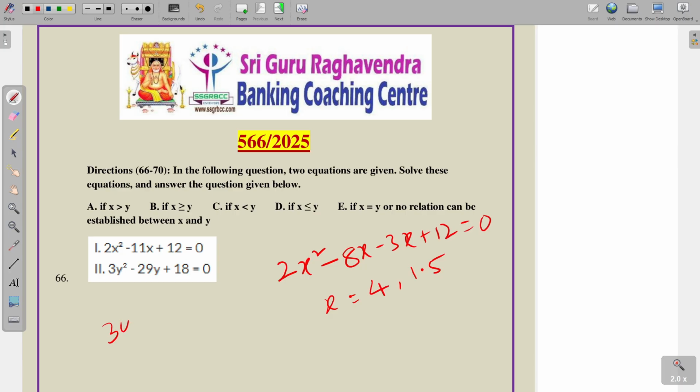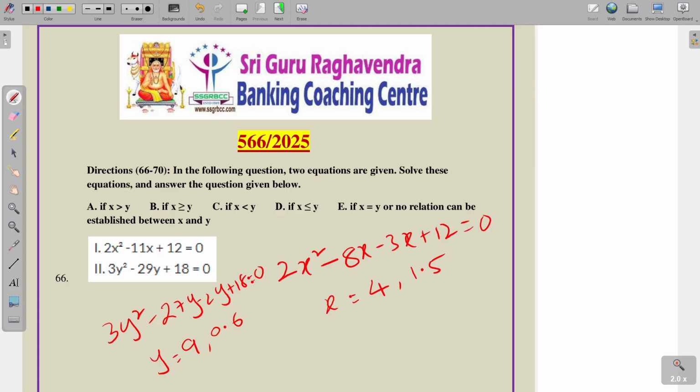Next equation is 3y² minus 8 into 3 is 54, means 27y minus 2y plus 18 equal to 0. In that, y equal to 27 by 3, it is 9, and 2 by 3, it is 0.6. The comparison of x and y: x is 4, y is 9, means x less; x is 1.5, y is 9, means x less; and x is 4, y is 0.6